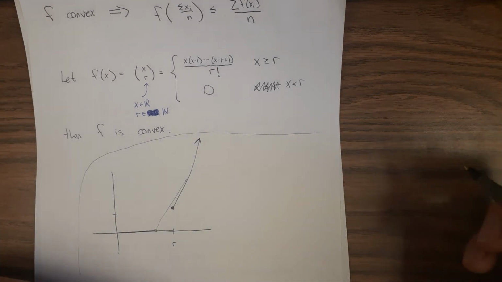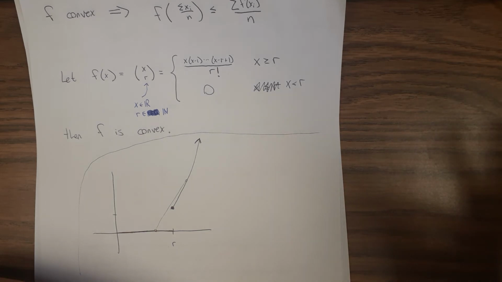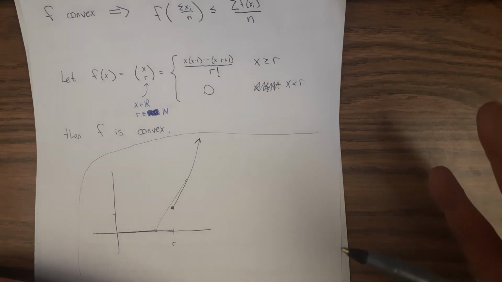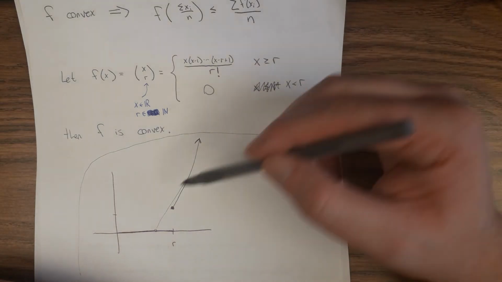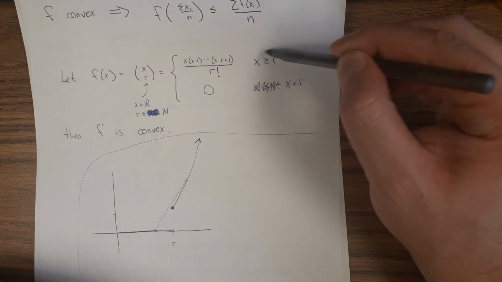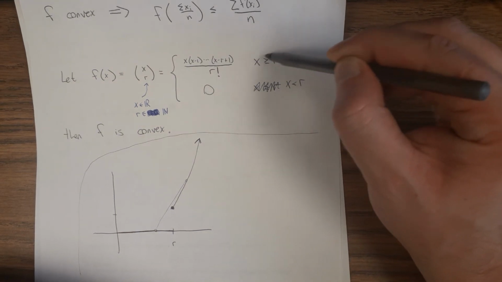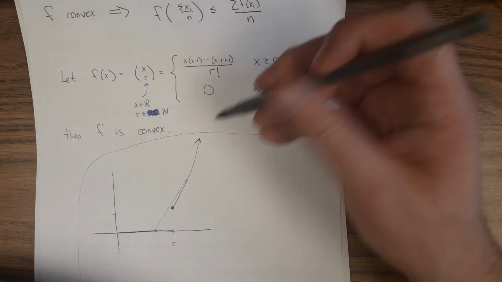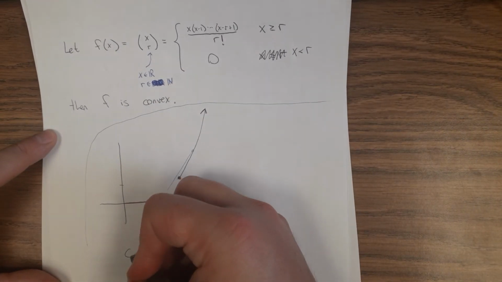In any case, sorry, I think I'm worrying about this a little bit too much. For us, we're not even really interested in when x is anywhere near r. The values of x we're going to apply this to are much larger than r. The relevant part to check,